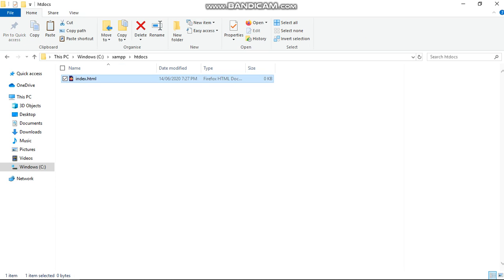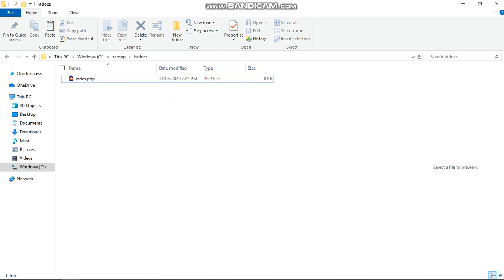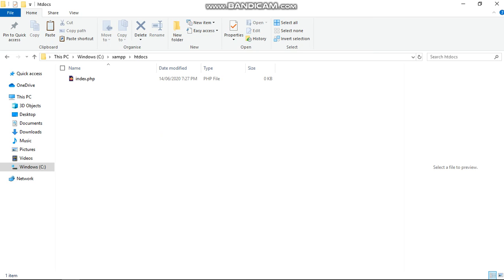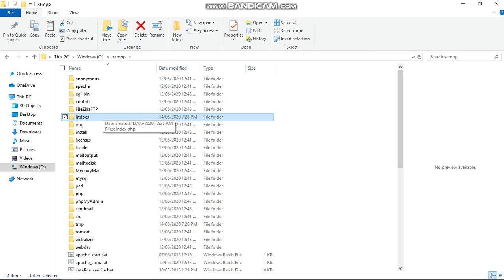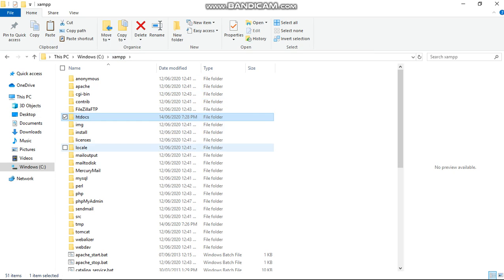Well, let me just change it to .php instead of changing them later. That's going to be stressful. So let's just change it to .php. But if you have not yet downloaded your XAMPP and other things, you can just use .html. You can still use .php if you have not installed XAMPP, but I advise you to install it because we might still use it later. Okay, so now let's come here. I'm going to right click here, open as a Brackets project. Yeah, let's begin. We're going to start the coding.